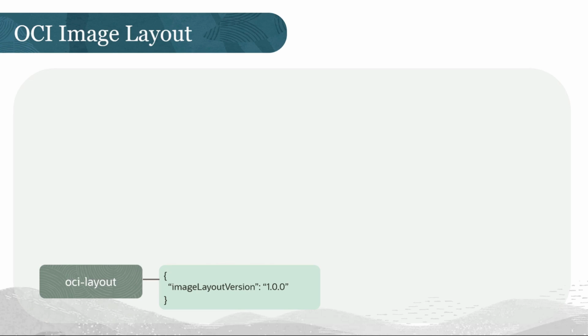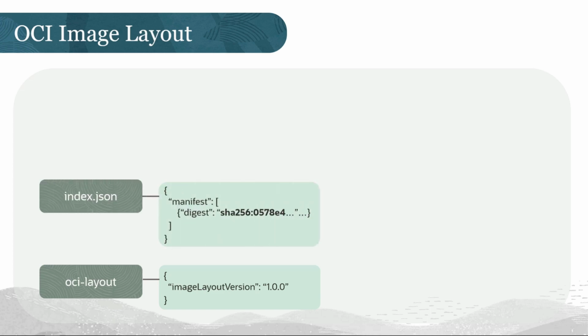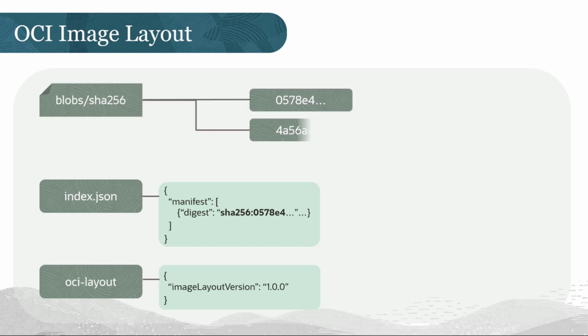The OCI image layout consists of the OCI layout file. This JSON object serves as a marker for the base of an Open Container image layout and provides the version of the image layout in use. The index.json file is a must-have file in the OCI image layout. This file is an entry point for the references and descriptors of the image layout. The image index is a multi-descriptor entry point. Object names in the blob subdirectories are composed of a directory for each hash algorithm, the children of which will